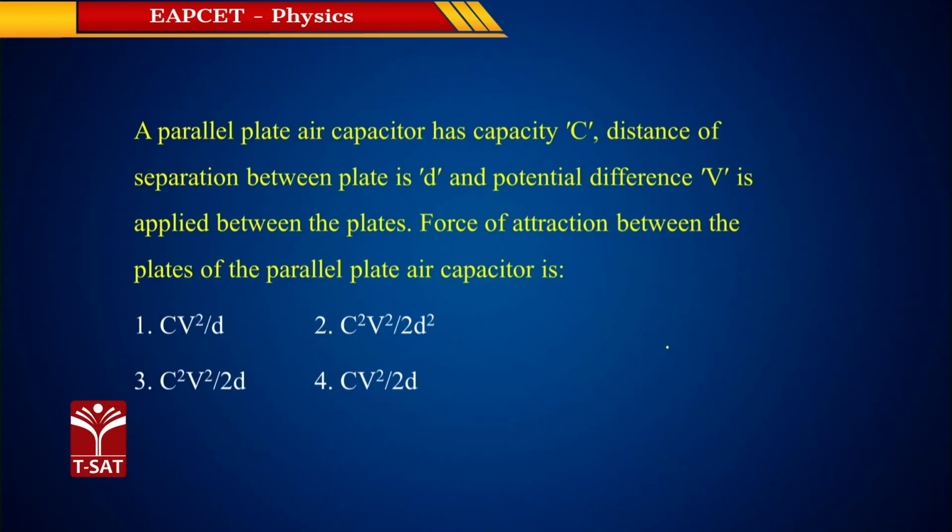Here a parallel plate air capacitor has capacity C. Distance of separation between plates is D and potential difference V is applied between the plates. Force of attraction between the plates of the parallel plate capacitor is